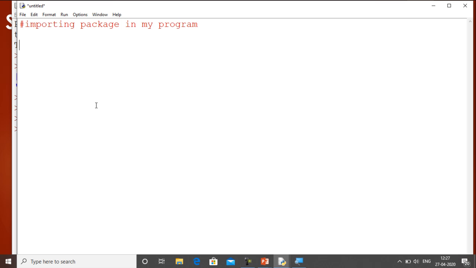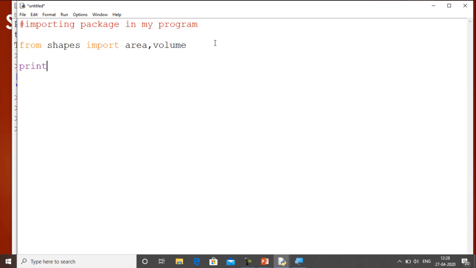All right, so I will write from, the name of the package is shapes, so from shapes import, and then if I want to import those modules, I simply write the names of the modules: area, volume. In this way I basically combine all the modules which are related to a particular area in the package shapes, and just by writing this in a single line, I can import all the modules which are present in that package. After that I can simply use any one of them.